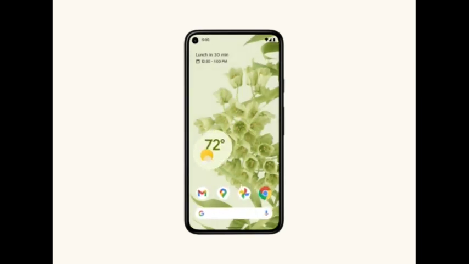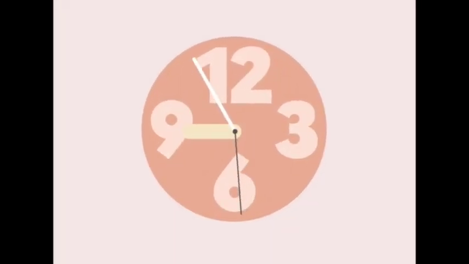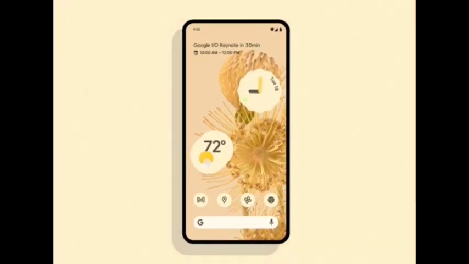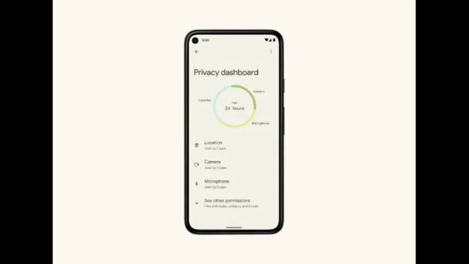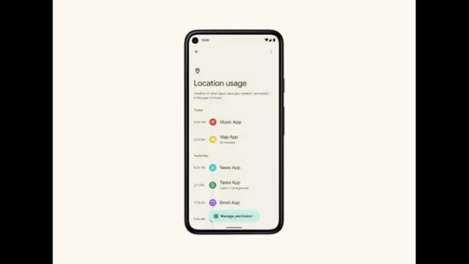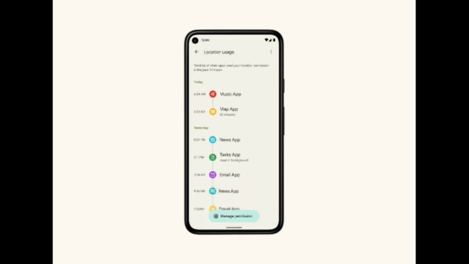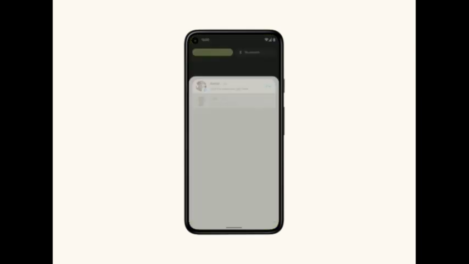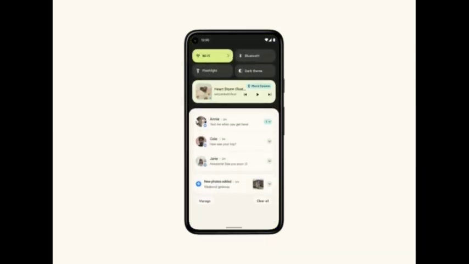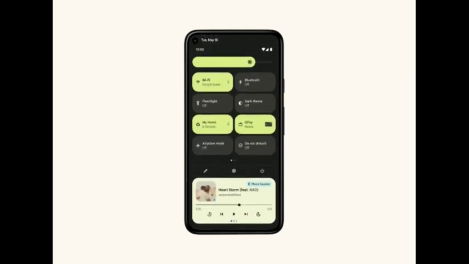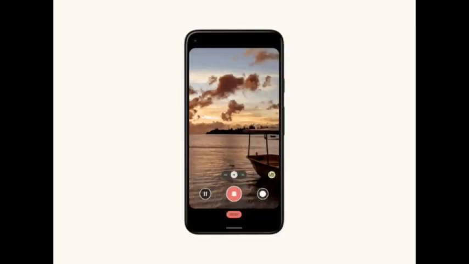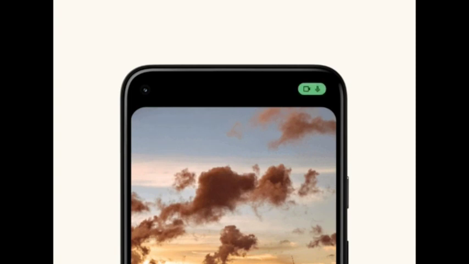Refreshed system spaces. Some of the main spaces on your phone, like your notification shade, quick settings and even the power button, have been thoughtfully redesigned to help you get things done. The notification shade is more intuitive and playful, with a new, at-a-glance view of your app notifications, whatever you're currently listening to, or watching, and quick settings that let you control nearly the entire operating system with a swipe and a tap. The quick settings space doesn't just look and feel different. It's been redone to include Google Pay and home controls, while still allowing customization so you can have everything you need most in one easy-to-reach place.